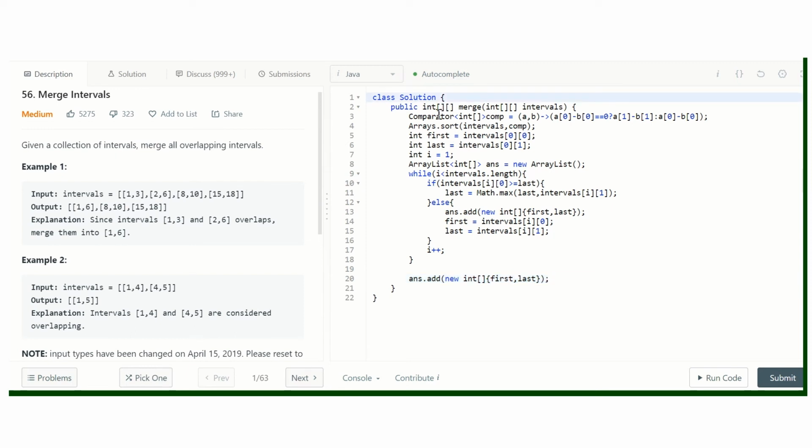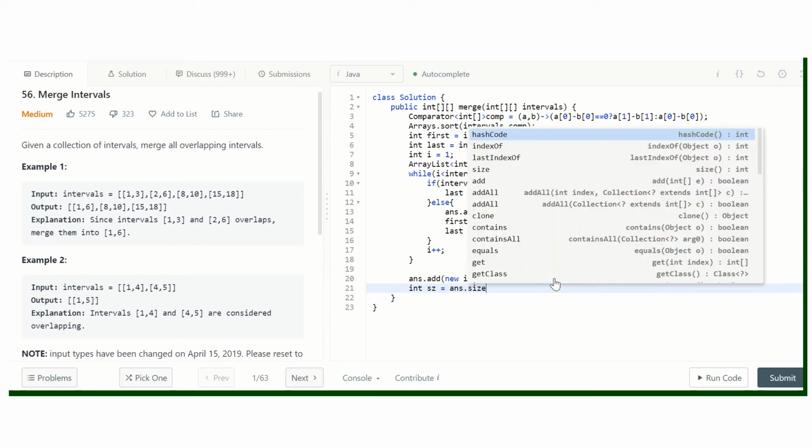Okay, now we can see that our output format should be an integer 2D array actually. So we'll need to create the 2D array. So let's get the size of this array, and size is equal to answer.size().